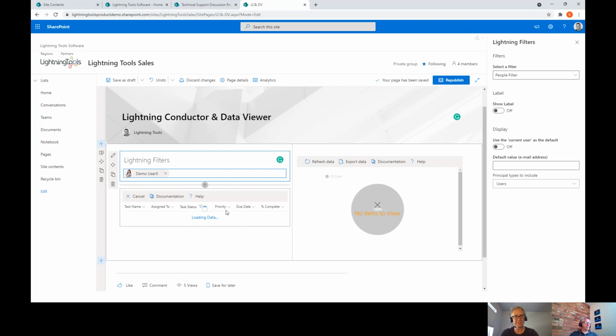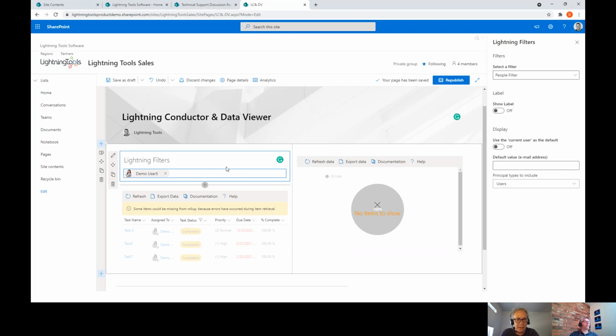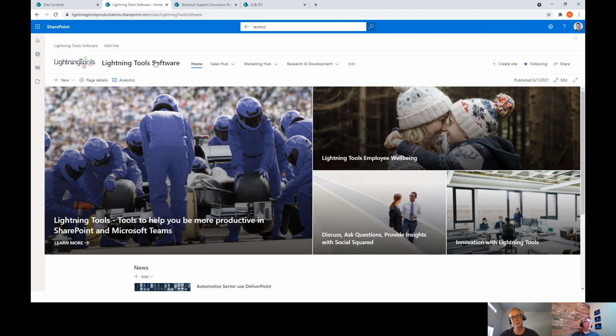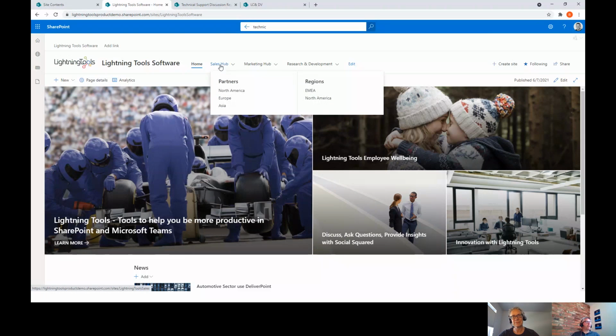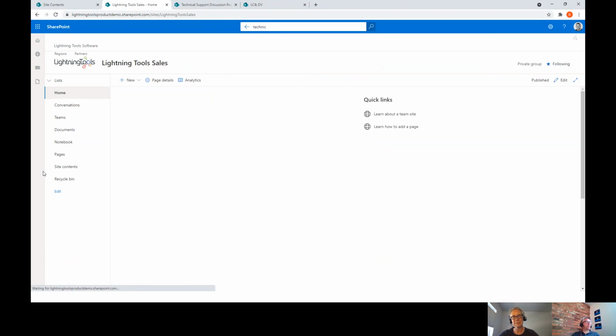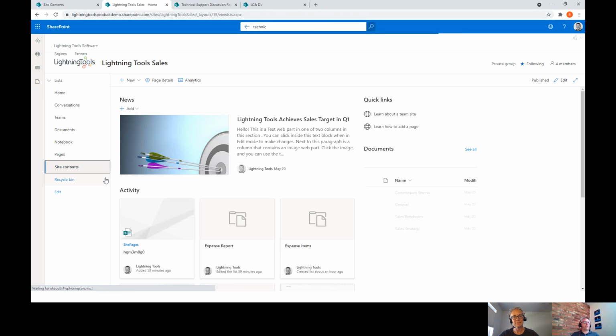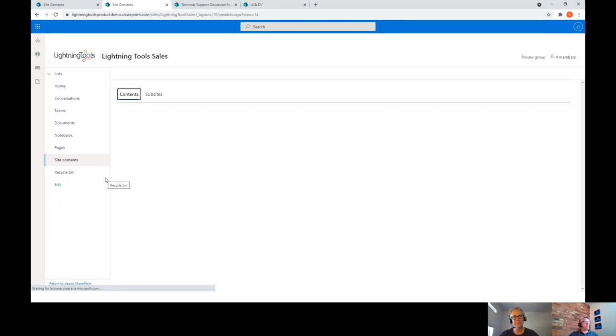Yep, nobody else has got any other tasks to do. Oh, there we go. Yeah, I think you have a rate filter there. So anyway, that's where the Data Viewer can sit inside of that sort of scenario. Very nice. There is another tool as well, which kind of makes sense, and that is